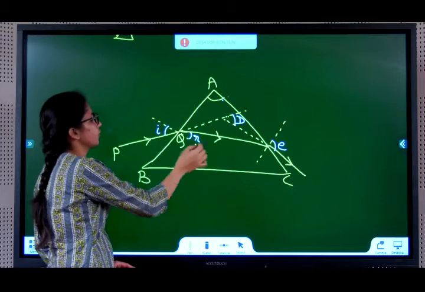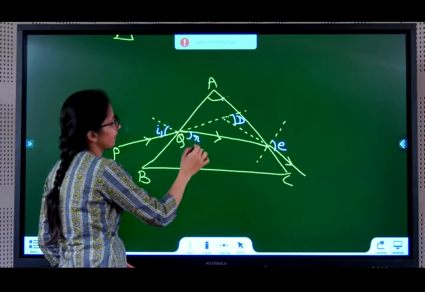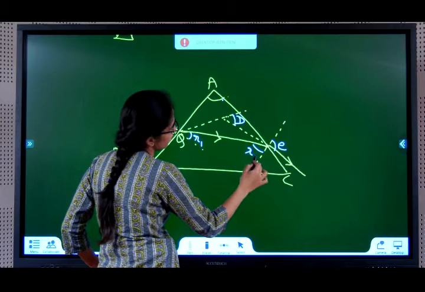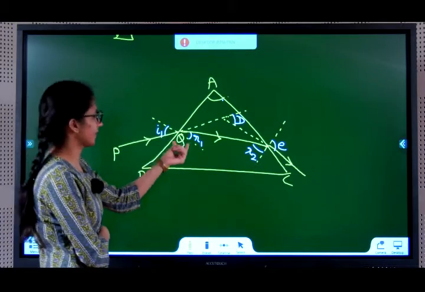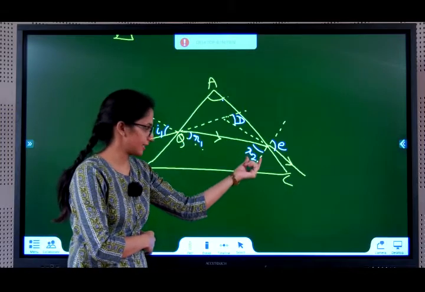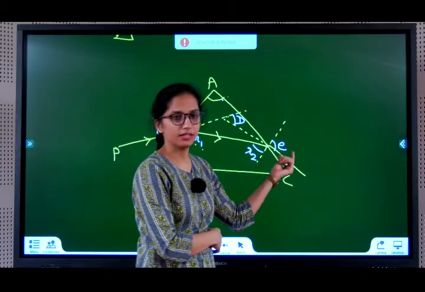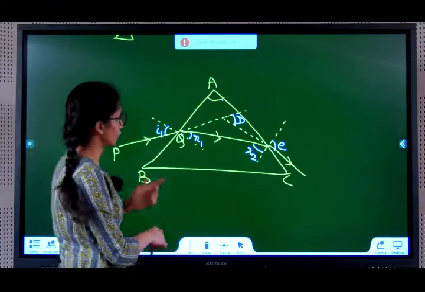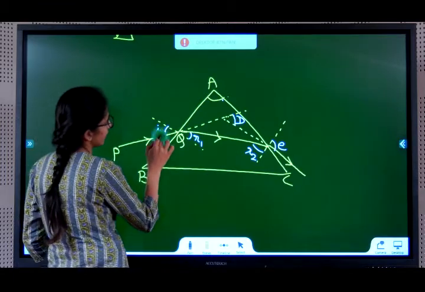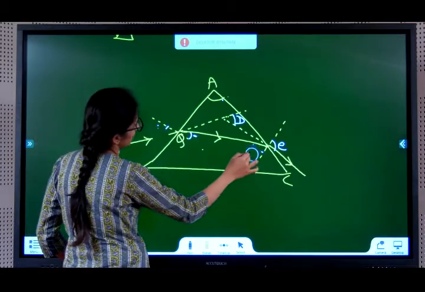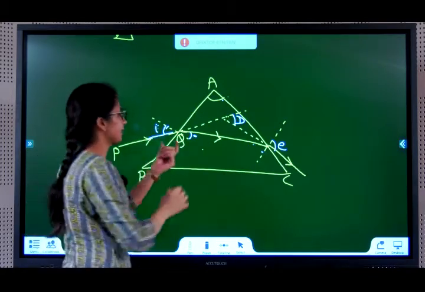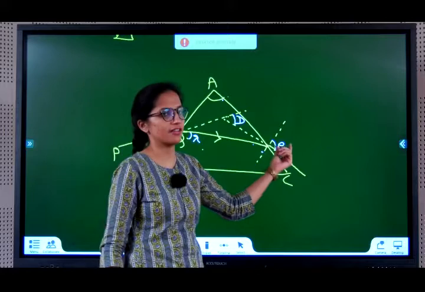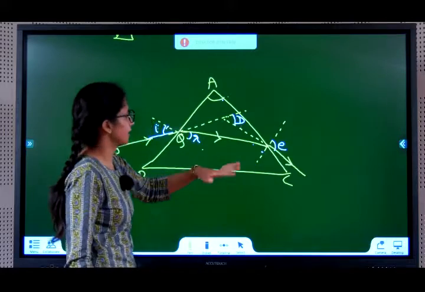Yes, you have 2 R's here because you can call these I1, R1, R2. Then what will happen? Angle of incidence at the first face, angle of refraction at the first face. Angle of incidence at the second face, angle of refraction at the second face. Okay, in general, this is just I, this is just R, we don't mark the subscripts. So we can say angle of incidence, angle of refraction, and we finally have the angle of emergence, and this is the angle of deviation.